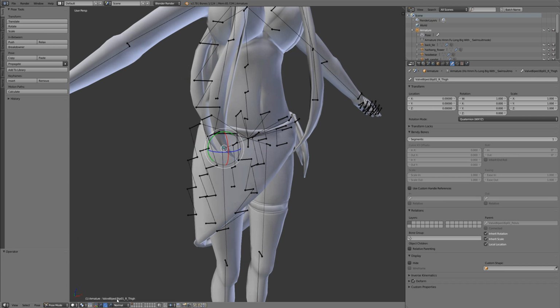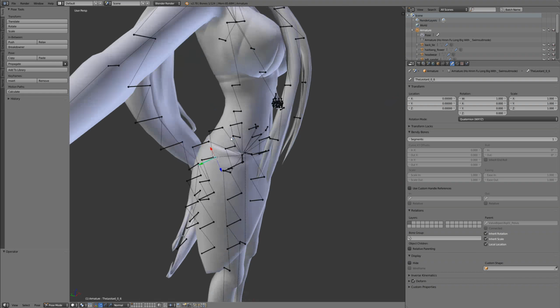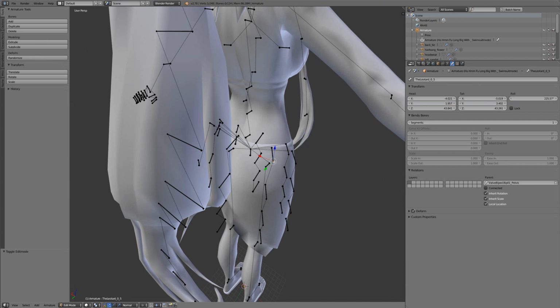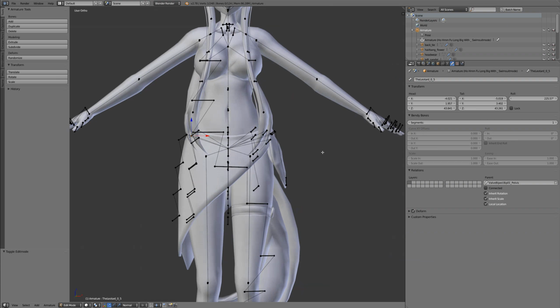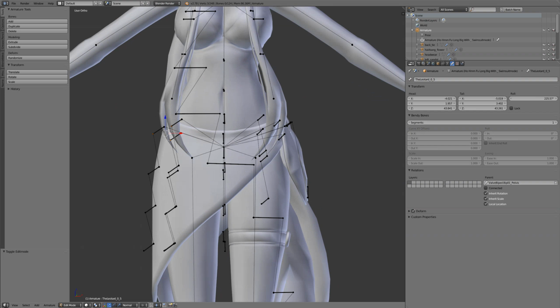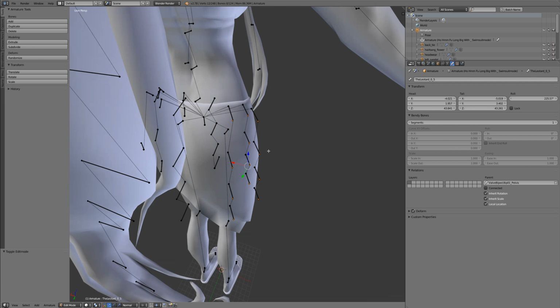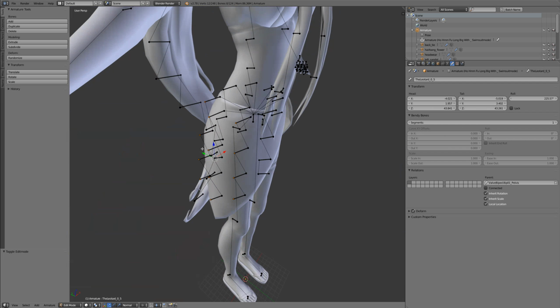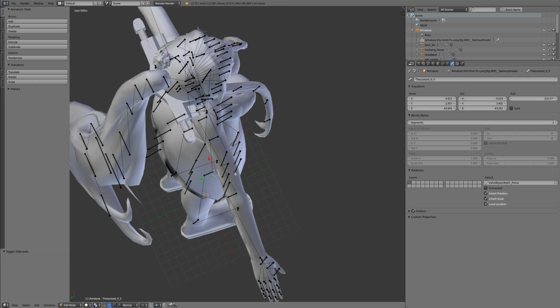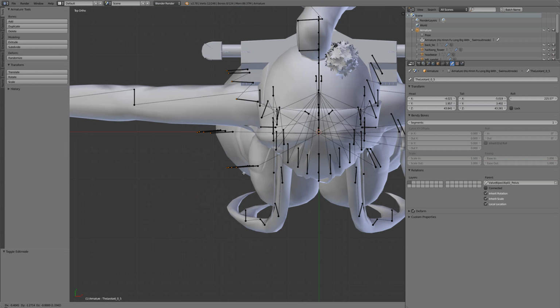Okay, so I switched to this down here. You see this thing down here? So that's important for this next part. So the first thing you gotta do is you're gonna have to fix the orientation of all these bones. So select the tails only. You know about this already. I think that's all the tails. I'm only gonna do this side for now. And you're gonna want to, let's see, bring them over this way